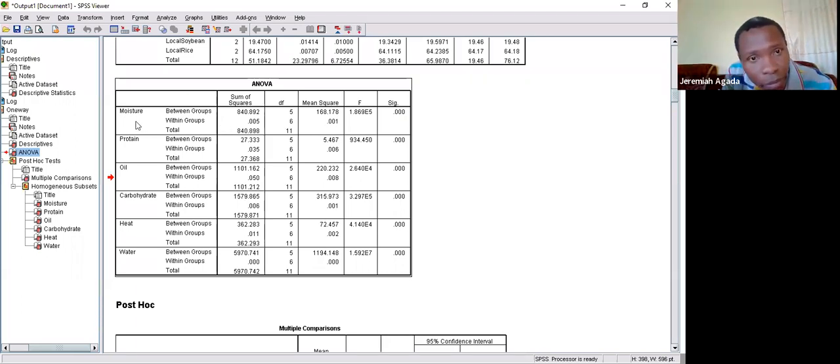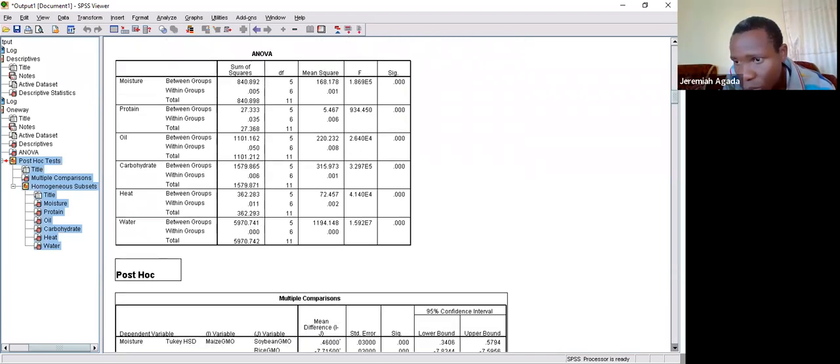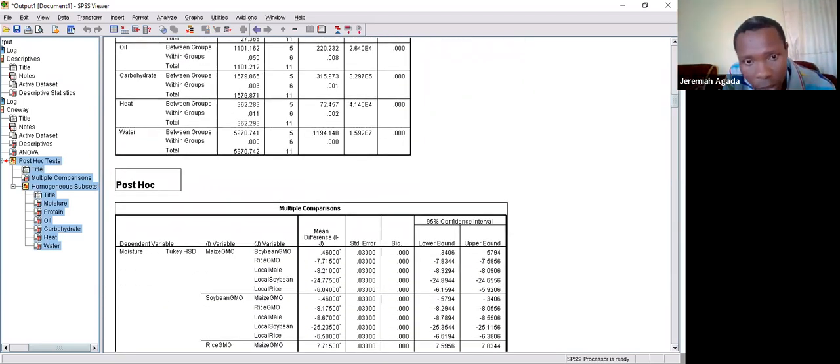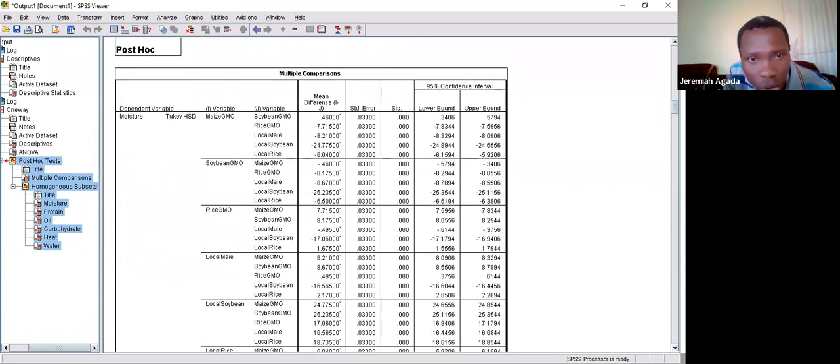Then, if you come down to post hoc, let's look at post hoc quickly. Okay, you see many things came out here. You have moisture. For moisture, you have Tukey. If you go down, you see Bonferroni, you see Duncan. I put many of them, so you just need one of them. So for maize GMO,